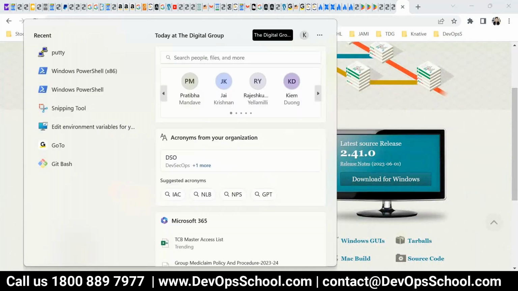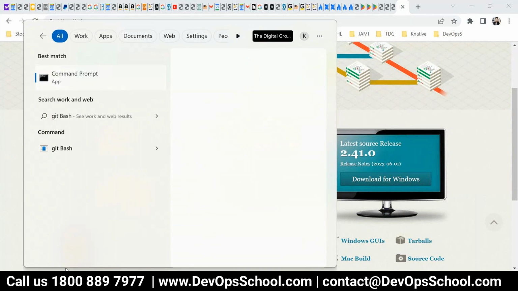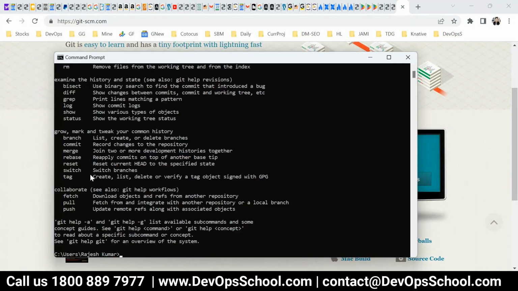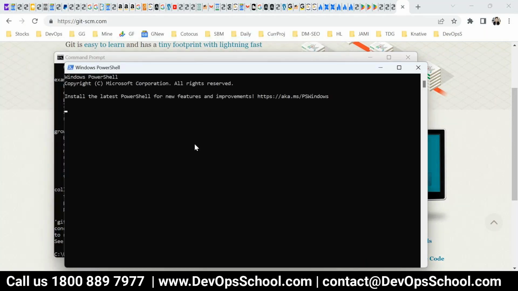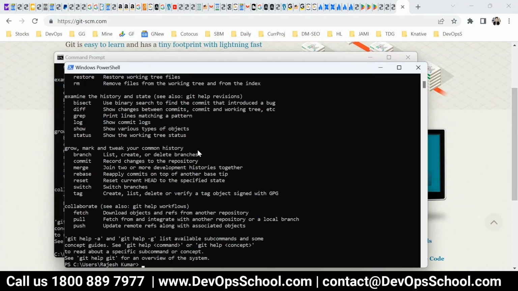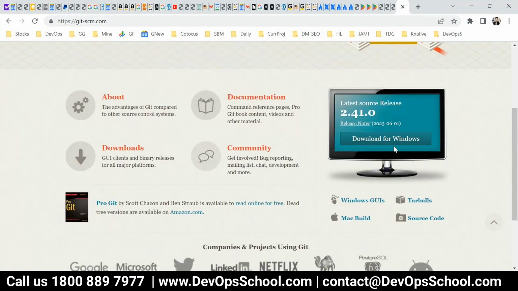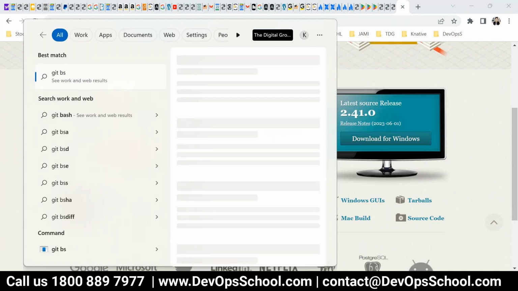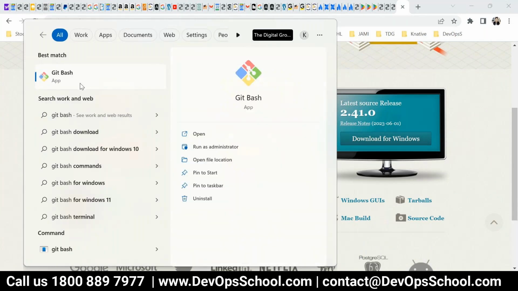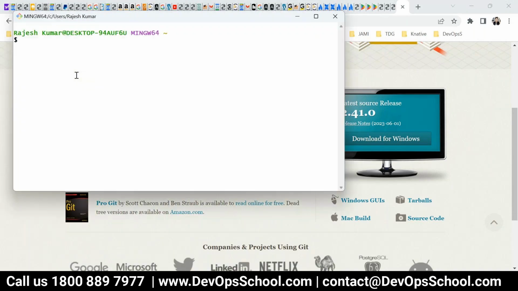I have installed Git. If you see, Git is a command line tool. Go to PowerShell also and type git. But you know what? When you install Git using this tool, you will get an extra tool called Git Bash, in Windows only. So what is Git Bash? Git Bash is a utility which you get additionally along with the Git installation, and this utility is very